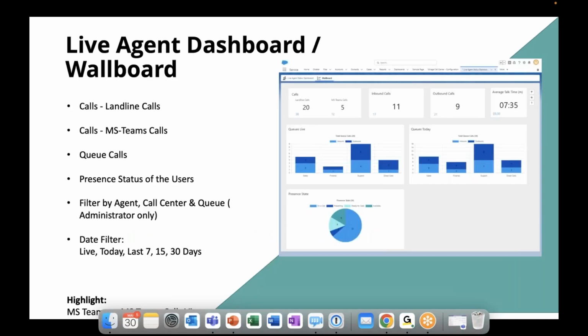A brand new extension of the Live Agent Dashboard, as I mentioned before, is the Wallboard view. The Wallboard displays a live view of all ongoing calls via landline and via Microsoft Teams. Microsoft Teams meetings and Microsoft-to-Microsoft calls are only available in conjunction with Microsoft Teams. Active calls are only displayed if the user is in the presence status on a call. Short calls may not be displayed in the live view,